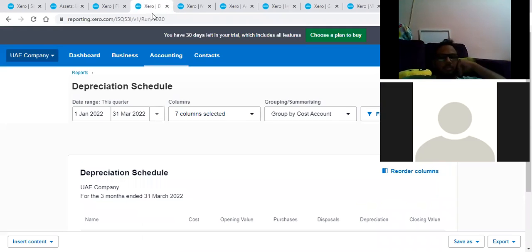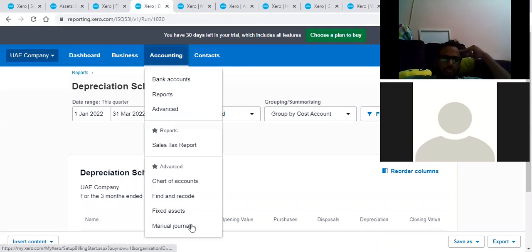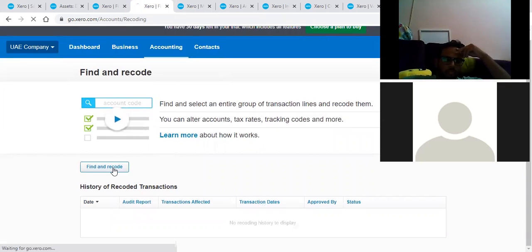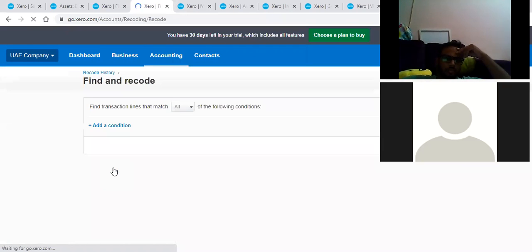Okay. This is how the depreciation schedule works. Next, what we see is the find and recode. Find and recode is a good feature, the bulk update feature. How it works is, let me say